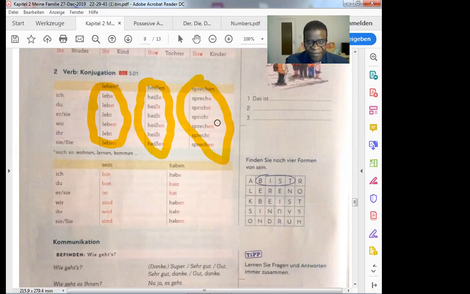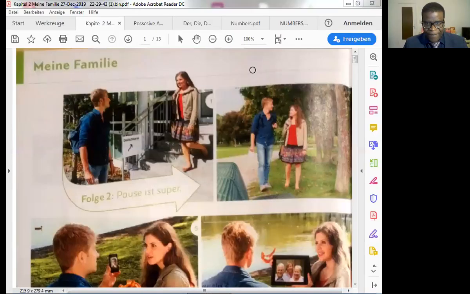Now, I want to get back to the starting point of this lesson. Meine Familie. So here we go. Back to our book, chapter 2. Meine Familie. You know the reason why now somebody is saying meine Familie, okay?